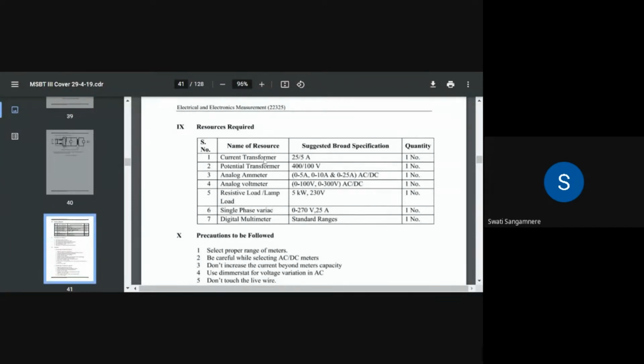First is the current transformer. In our practical we use a 100/5 ampere CT, quantity one. Then we use one potential transformer, 110/230 volt. Third, we use two analog ammeters, one low range and one high range, having the ranges 0 to 5 ampere and 0